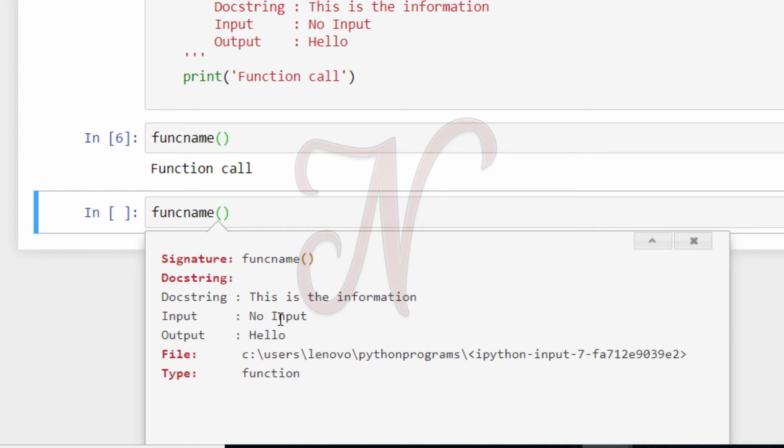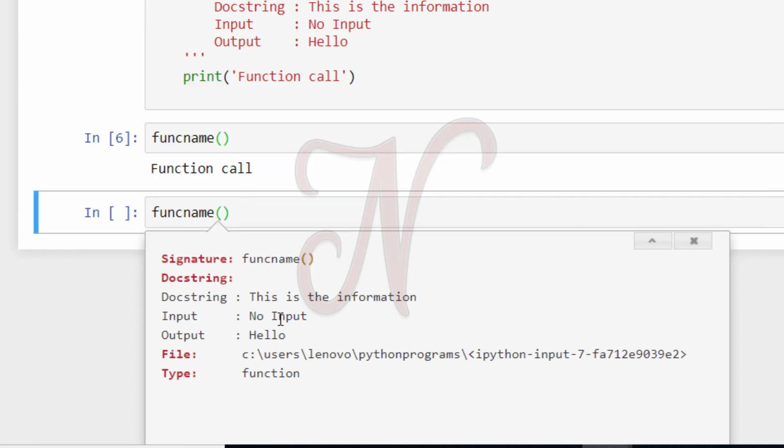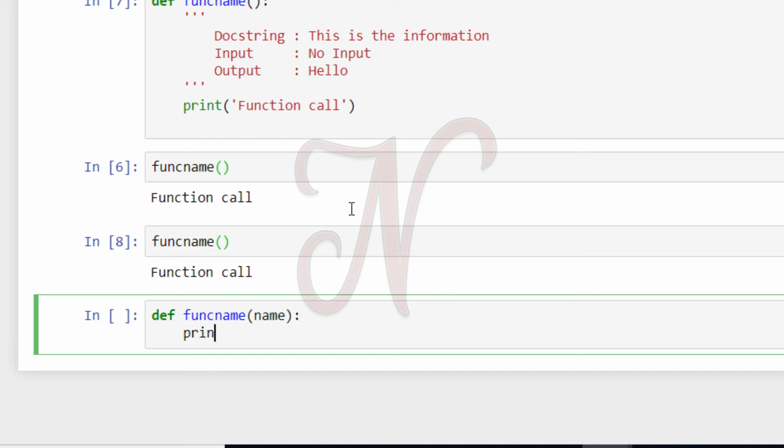Next syntax: def name of function, pass some parameter, colon, then the statements of your code. If you want to call this function, pass the function name and parameter. See here one example: def, again func name, then the parameter name, again colon, here print hello, then name.